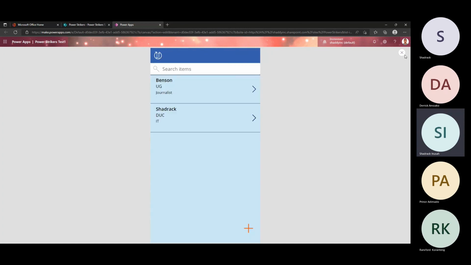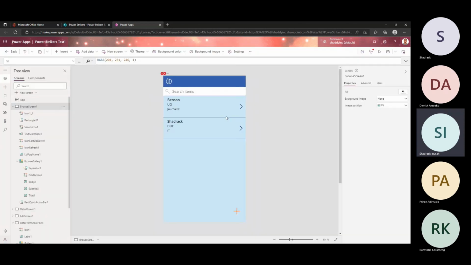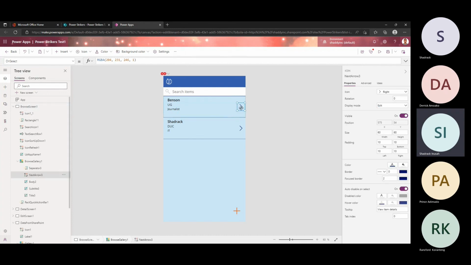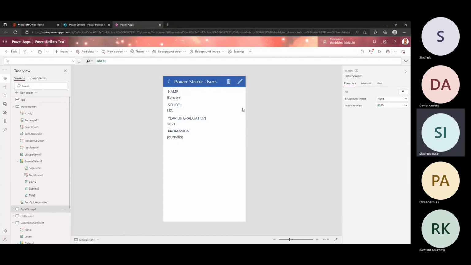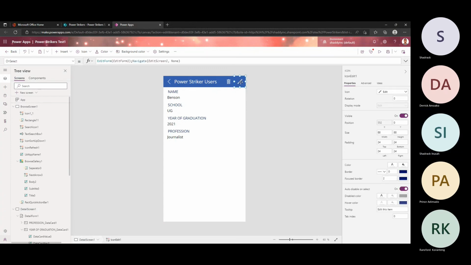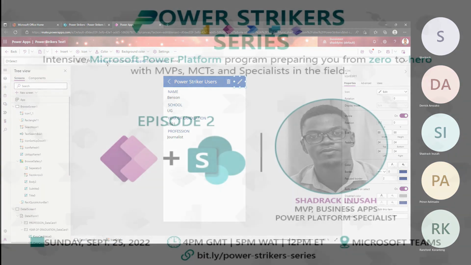So do your own, how you want it to be. Play around with it, create something awesome. Let's see what you are going to create. If someone clicks on this, it should take the person to the next screen where the person can view the data. Inside there, you can also delete, and you can edit it. So if you type